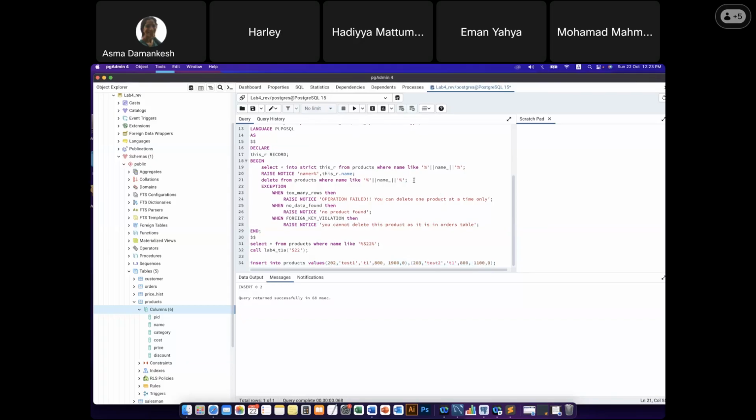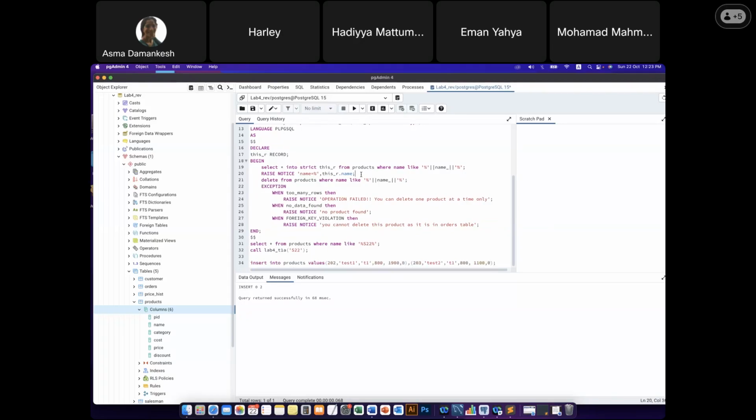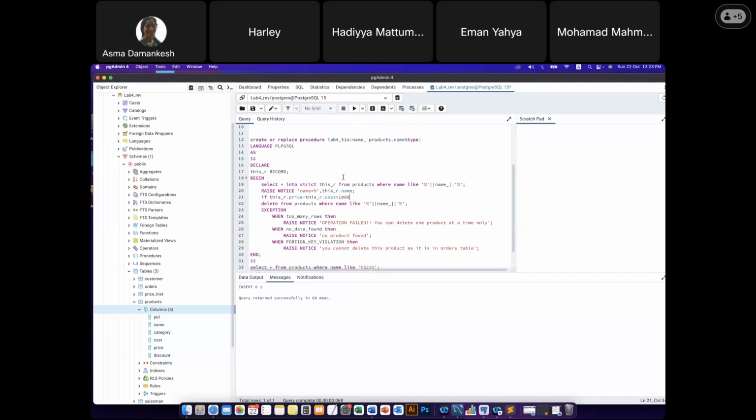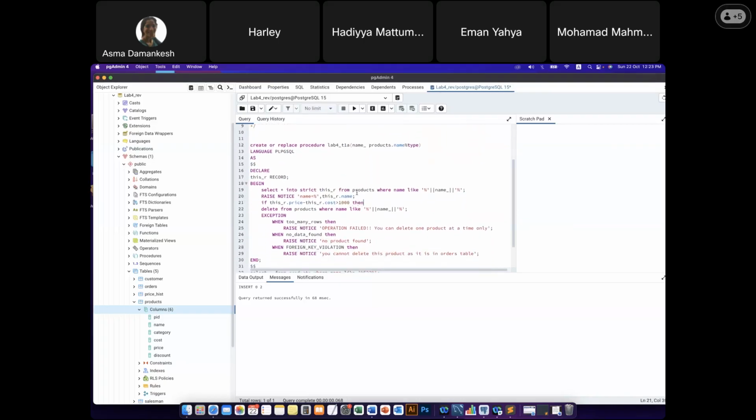Okay, so now we come here and say, before we say delete actually, or you could revert it back. It's up to you. Okay, you can do the delete and come here and revert. So let's do it before that. We say if this r.price minus this r.cost is greater than 1,000, or greater than or equal, is about only, okay? Then, and I'm gonna put here